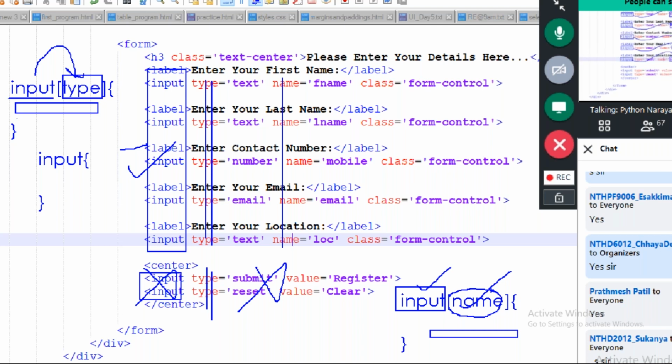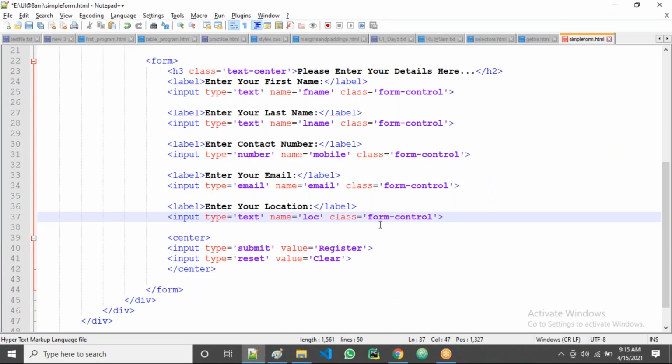Or else in this case, I can take input of class also. Why? Class is not there here, but class is there for all the above inputs. Is this clear to all?